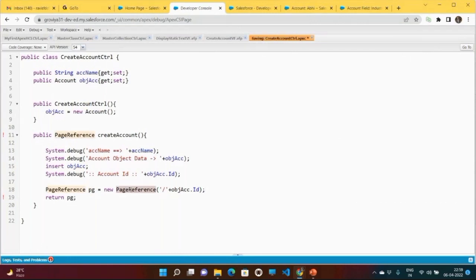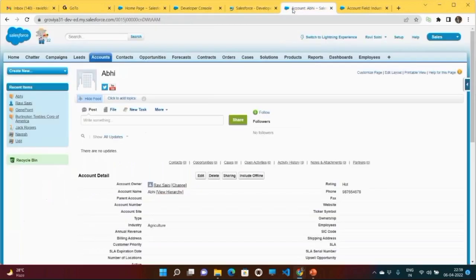Here, this is the page reference, means it references the page, it belongs to the page properties, or it defines the page property. It's a class in Salesforce, page reference. We use this page reference class in the Apex when we are including this Apex class in the VF page. And here we are appending backslash. Backslash will work here like